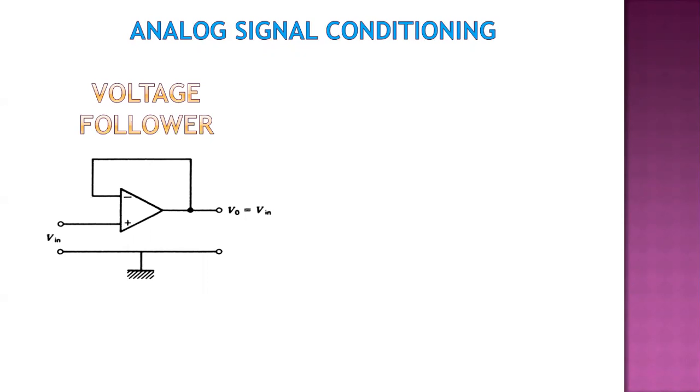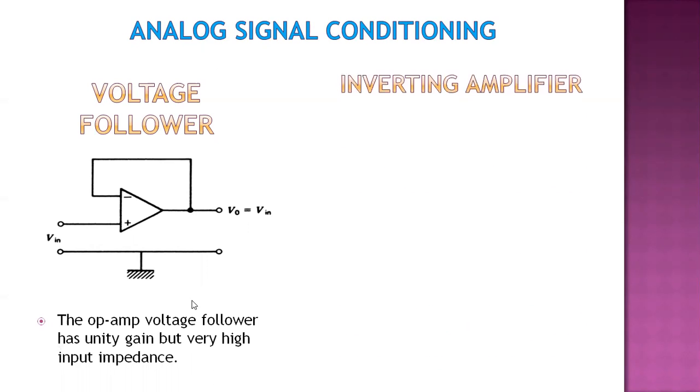In many cases, a manufacturer will market an op amp voltage follower whose feedback is provided internally, and such a unit is usually specially designed for very high input impedance. The unity gain voltage follower is essentially an impedance transformer, in the sense of converting a voltage at high impedance to the same voltage at low impedance. So you can say an op amp voltage follower has unity gain but very high input impedance.